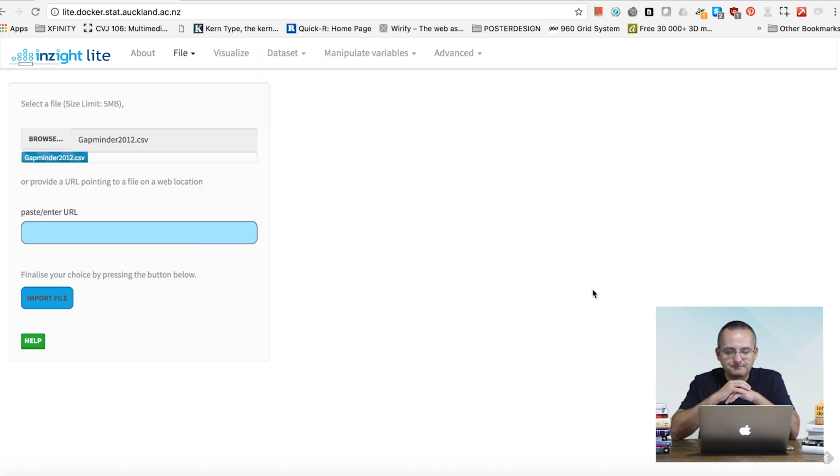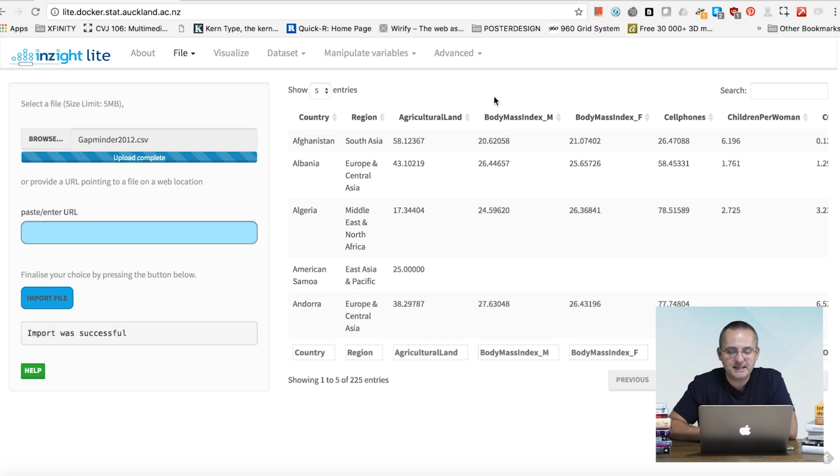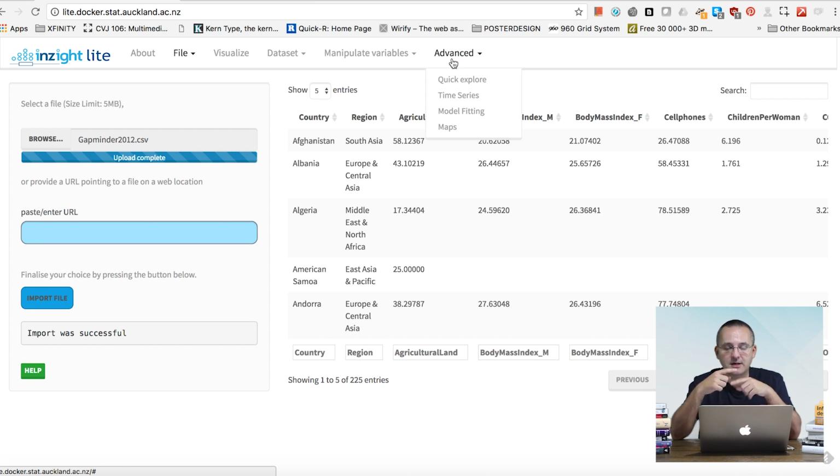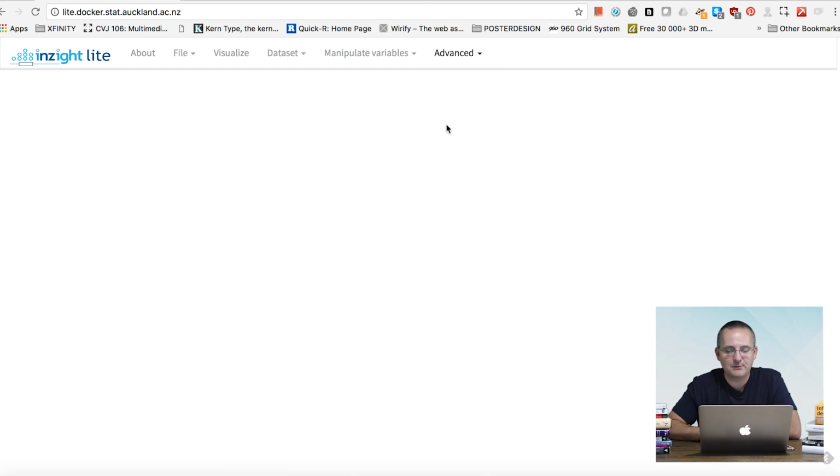I'm going to open that file, and once I have done that, I'm going to go to Insight, to the upper menu where it says Advanced, because all the new modules that are incorporated to Insight, little by little, as the developers have time to create them, they are usually placed on the advanced menu item. So down here you will see that it says Maps, and this is how it works.